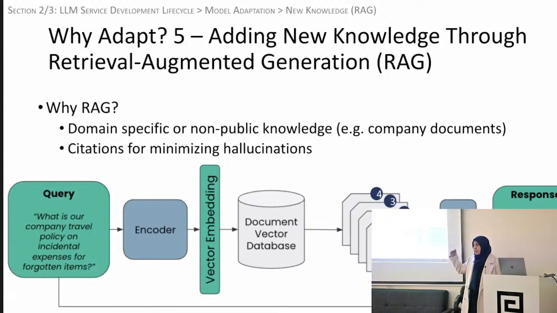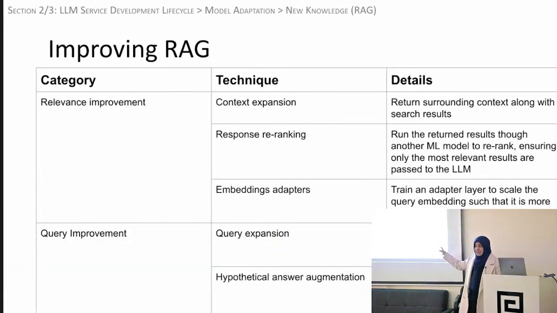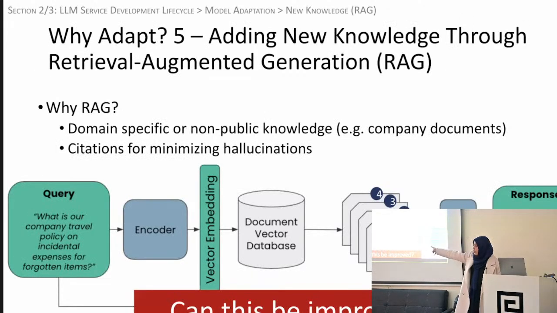This by itself might work for a lot of your use cases. And then there are a lot of ways to improve RAG, right? We don't have time to go into all of them. I do have this table here. I am happy to discuss this offline. This is basically another whole talk in itself. But essentially, I'll just very quickly tell you the basics. There are two things that you can improve. Either you can improve the query itself, because the user might not have asked the best possible worded query to match the most relevant documents.